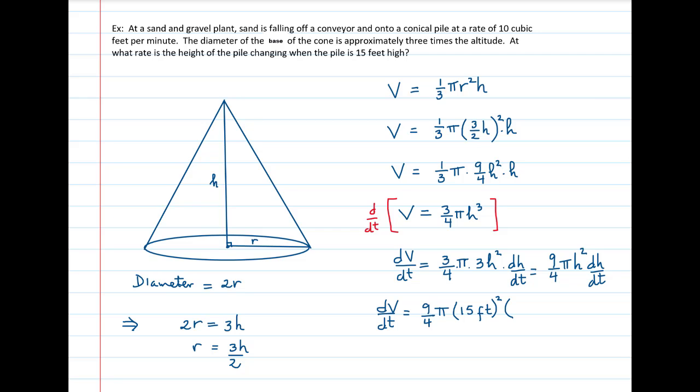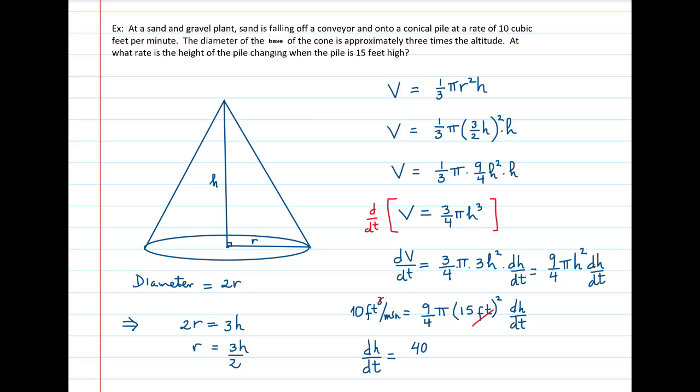We're just going to square that, and dh/dt is what we're trying to find. So we don't know dh/dt, we're going to solve for that. What we do know is dV/dt is given by the problem. That's the rate of change of the volume with respect to time, and that is 10 cubic feet per minute. Now solving for dh/dt, we're going to get, moving everything else to the other side,